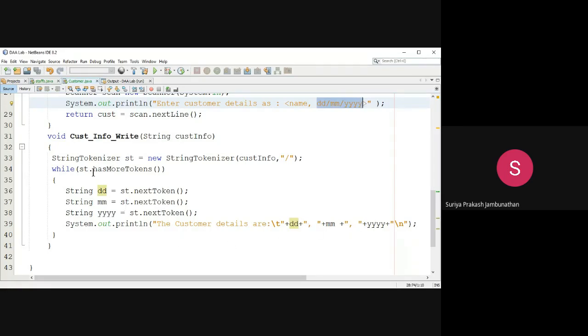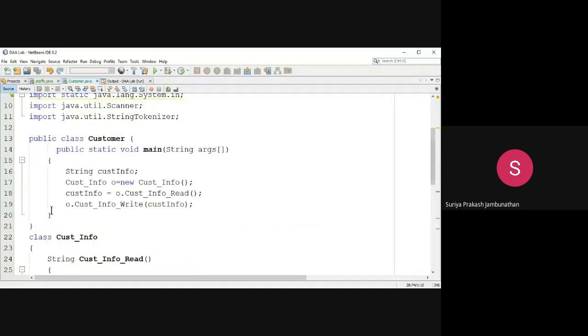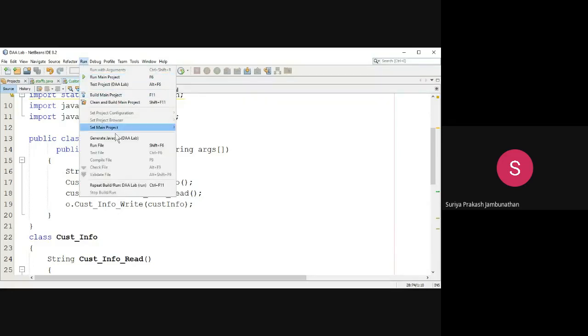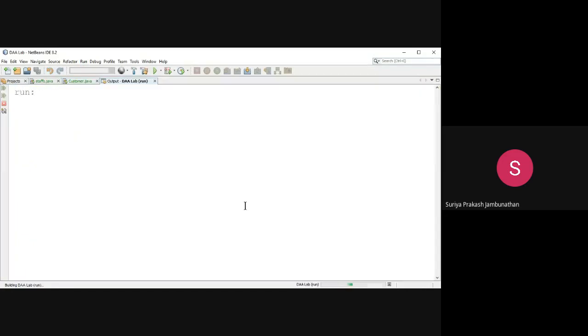Next it will go and check for the next value. There is no other value apart from this. So it will conclude the while loop and come out of the while loop. The control will go to the main function and there is no call again. So the main function will be concluded here and it will terminate the program. So let's execute this program and check out the output for this particular program.